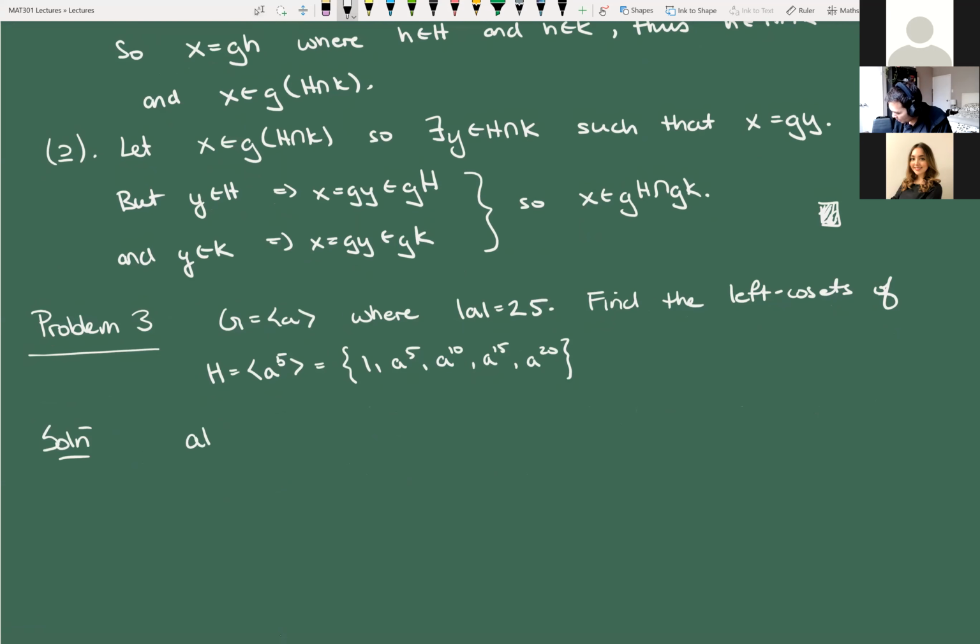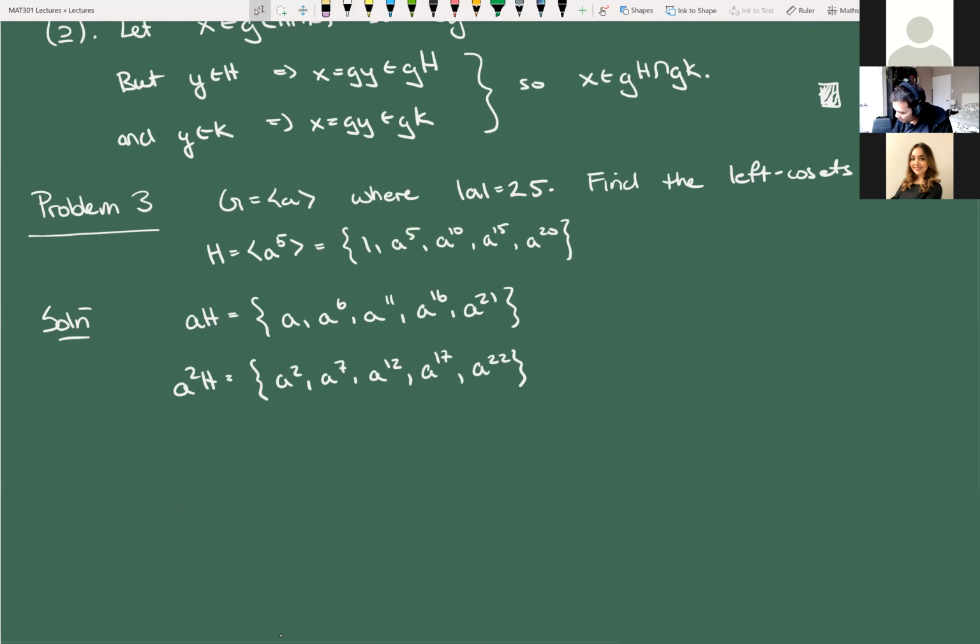Right? So if we take aH, let's just multiply all these elements by a. And that's not too hard to compute, right? We know how exponents work. And if we just keep doing this, it's going to take a second for me to write them all out. a to the 17, a to the 22. But eventually, there's obviously H itself, right? I didn't write that out, but that's the identity coset. But eventually